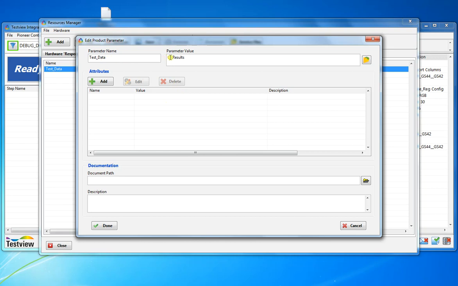Test data goes into C results. So that will be where all the results will be stored. C results / Pioneer. You remember Pioneer, we selected the product at the beginning when we entered the TVI, so all the results will go into results / Pioneer, and we have an additional 4 folders that we'll see now.